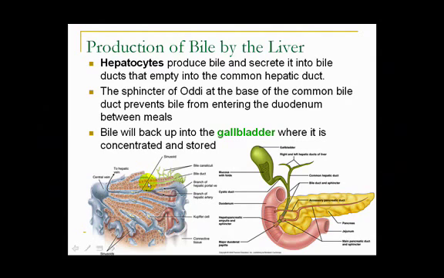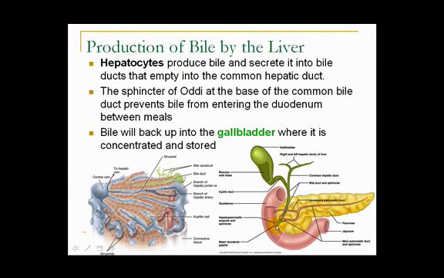While on the other side, they're doing another function. There's bile canaliculi, or little bile canals. So these hepatocytes are producing bile and putting it into these little canals, and all the canals drain into bile ducts. And eventually, all those little microscopic bile ducts drain either into the right or left hepatic duct from the liver. And that bile will travel down the common hepatic duct into the common bile duct, and